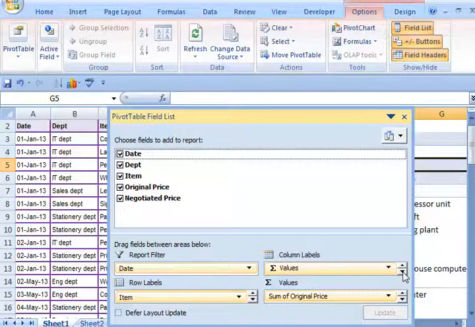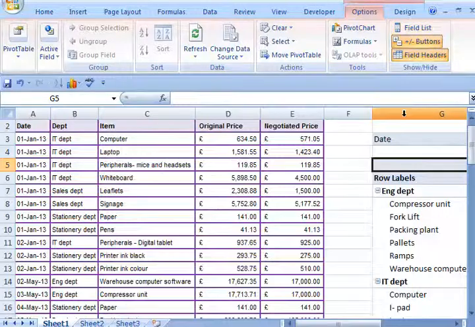In here, I just want values and the sums of values. And I also want the original price and the negotiated price. Those are the four things I need to see. So with that in mind, I'm going to close that down because I have now selected my pivot table, and